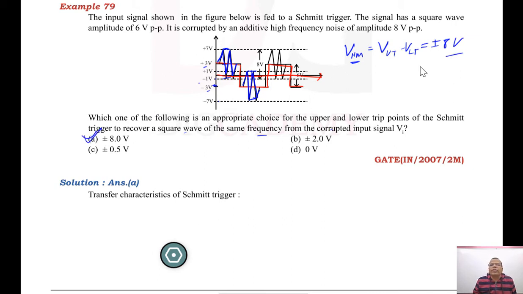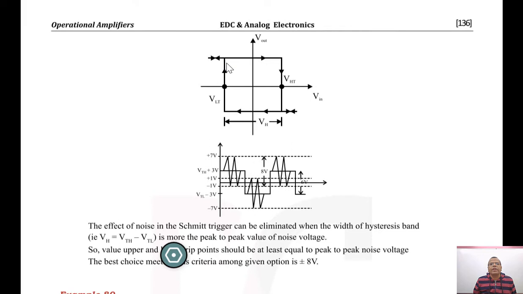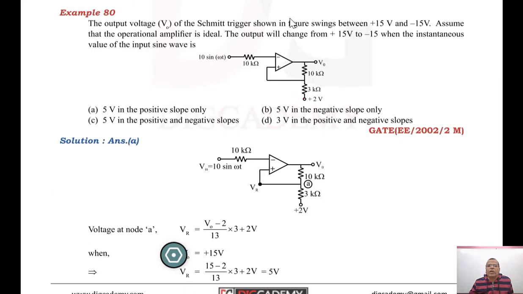So if your threshold voltage is more than this, your signal will not change. Your output signal will not change because of the corruption of this signal by the noise, right? So this is how it is given to you. Let us see the